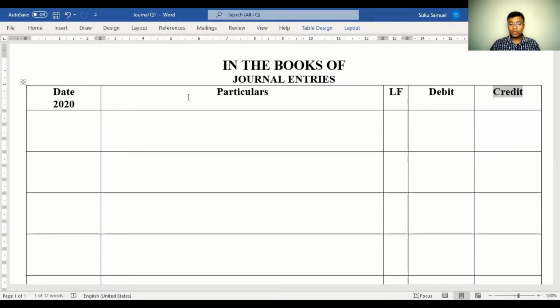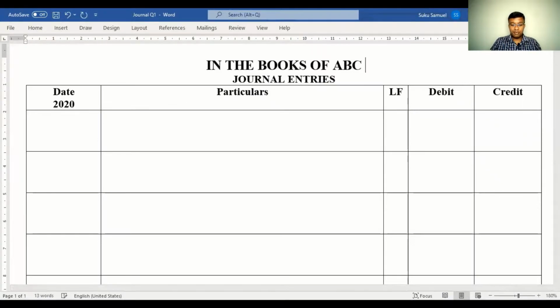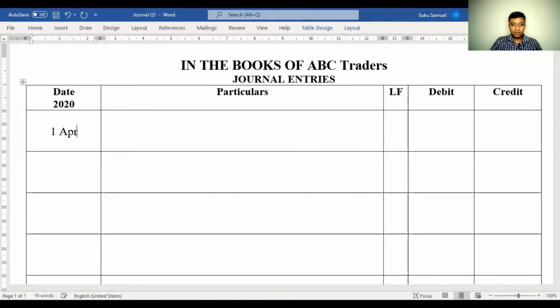Now, let's go about the preparation of the journal for this particular transaction. Right on top, we will be writing the name of the firm, which is ABC Traders. The first transaction is on 1st of April. On 1st of April, it says purchase goods for cash. So the two accounts are purchase account, debit, and the amount is 8,000, to